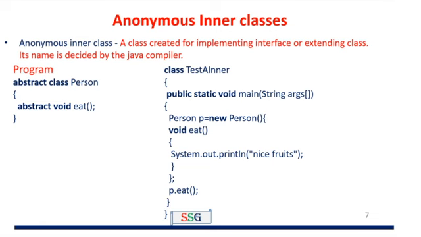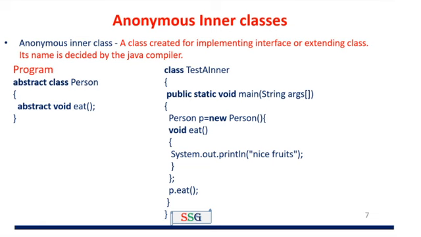Here the class name is TestAInner, public static void main, String arguments. Next, I have to write some statements. Person p = new Person() { }, then define the method void eat() { System.out.println("nice fruits"); }. Next, the function void eat is defined successfully. After that, p.eat();